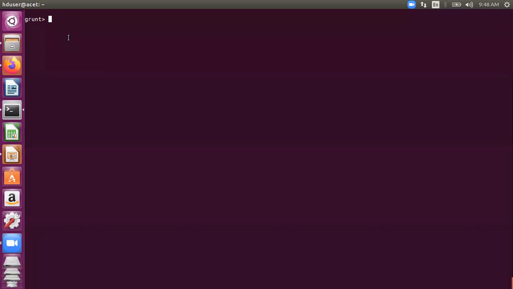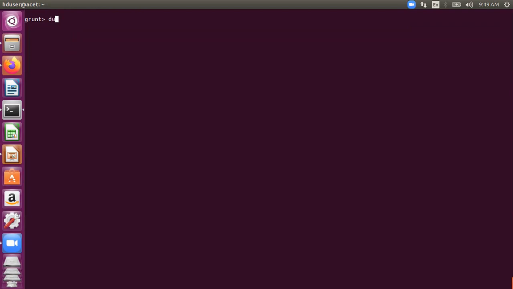Okay, the total number of employees department wise. So let me write this. Can somebody tell me how to go about it? We have this relation y, which is a result of the grouping of relation x on department number. Now I want to find the total number of employees in each department.